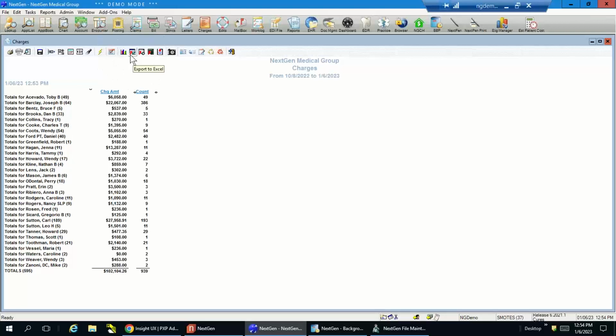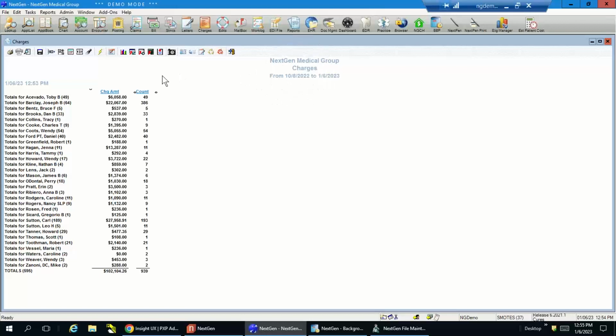Now there's little icons up here at the top. I can graph it, I could export to Excel, whatever, and if I export it manually to Excel, it'll look exactly like what you're viewing in NextGen. You don't have to reformat the columns or anything. But I'm going to show you analytics in a moment because that's much more powerful than graphing it from here. But if this was a report I did want to save for future use, I'm going to rename